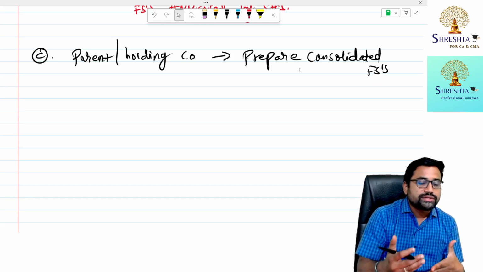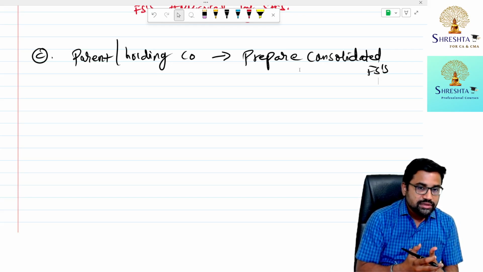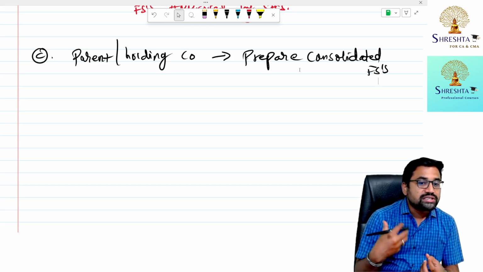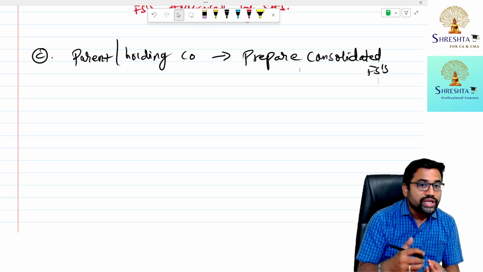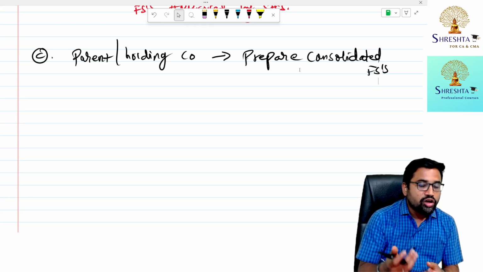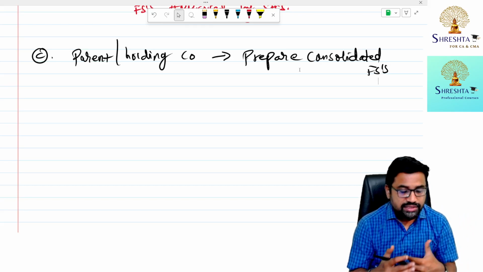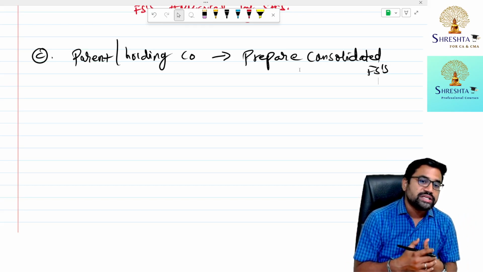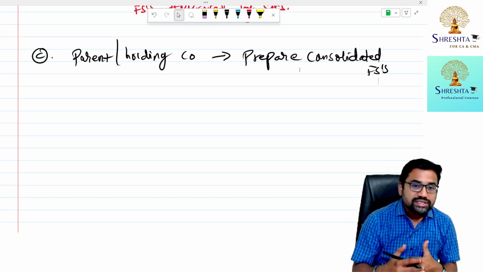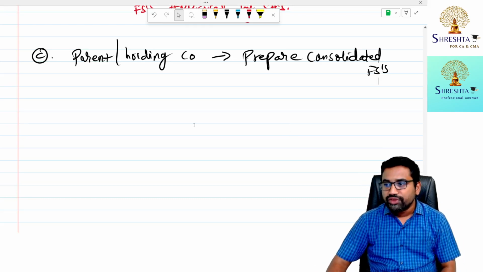Division 1 talks about financial statements of a company which is required to follow normal accounting standards. Division 2 talks about financial statements of a company which has to follow Indian accounting standards. Division 3 talks about non-banking financial companies. In this we have to cover first division 1, that is, financial statements of companies which are subject to following accounting standards. That is division 1 we need to follow.